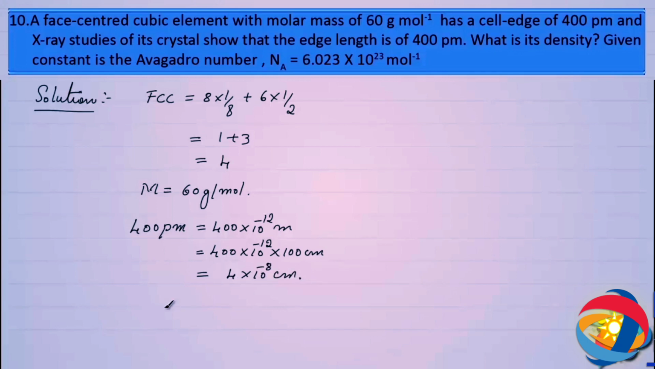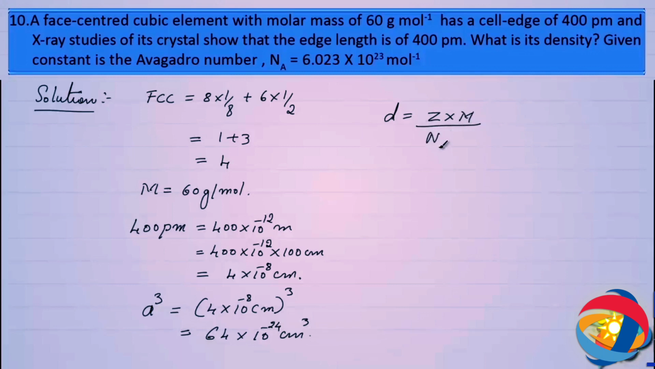Therefore, the volume of the cubic unit cell is (4 into 10 to the power minus 8) to the power 3, which is equal to 64 into 10 to the power minus 24 centimeter cube. The formula for calculating the density of FCC is given by D is equal to Z into M divided by Na into A cube,